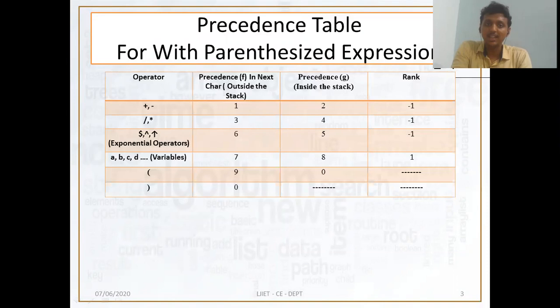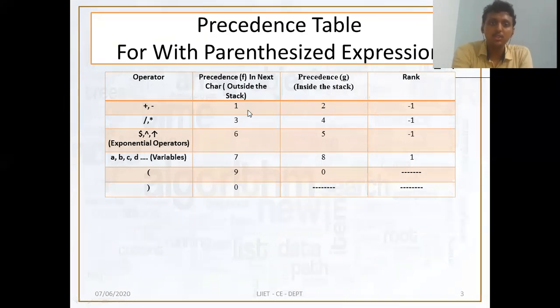If brackets are outside the stack, the precedence of the bracket is very much higher. And when the brackets are inside the stack, the precedence of the brackets is low. So students, here we have two different precedences. If you are aware of the exponential operator's precedence, I always used to say that the exponential operator's precedence is higher outside the stack, and when it goes inside the stack it becomes lower. Here is an example of the same thing.